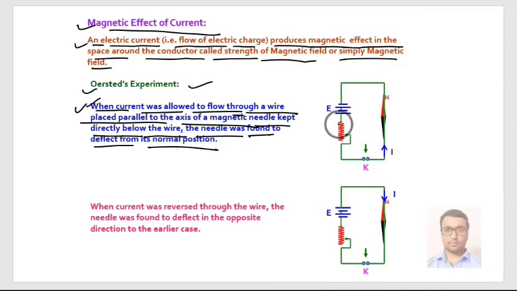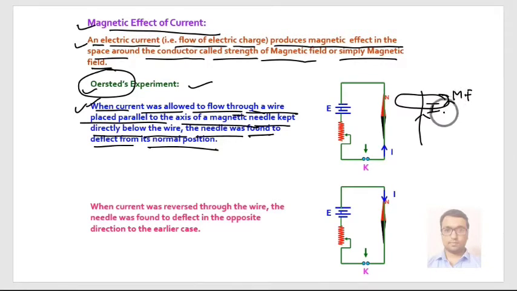So these were the observations made by the scientist Oersted, and he observed that whenever we have current in any particular wire, then this wire creates some kind of magnetic field around it. And how can it be observed that the magnetic field exists? If we bring any magnetic needle or a compass near to it, that magnetic needle will deflect. So we can say that there is some magnetic field near a current carrying wire.